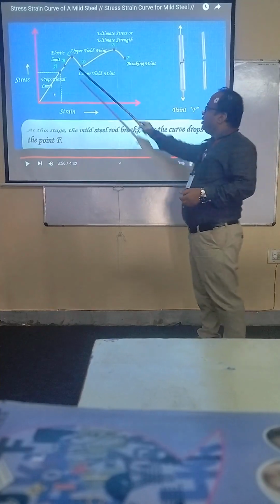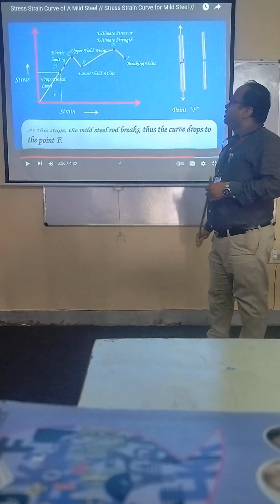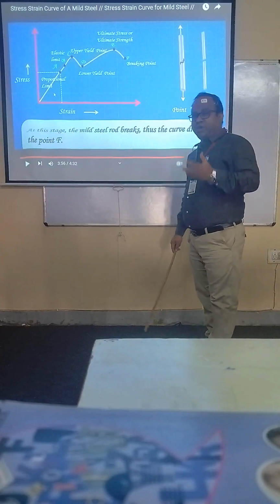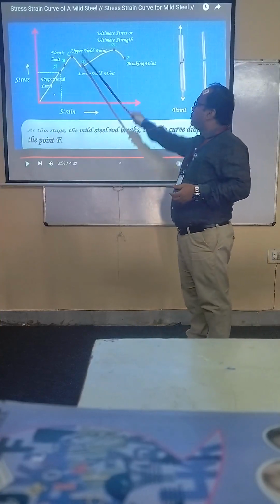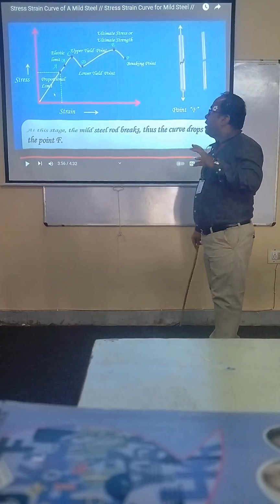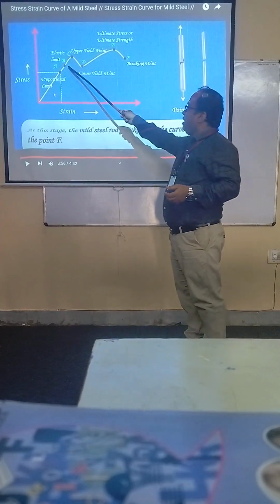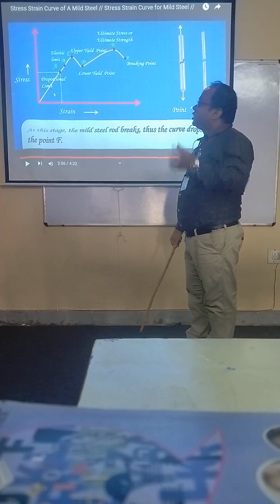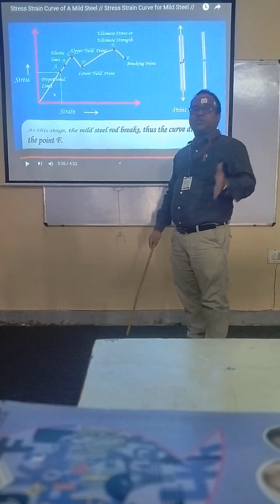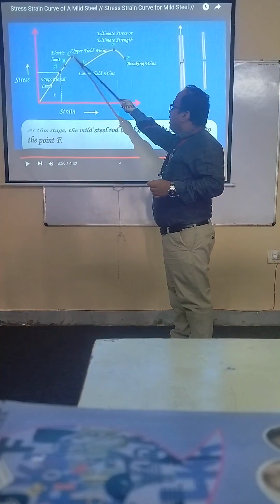Okay. Now beyond that limit, after point B, next is the upper yield point. Point C suggests the upper yield point, where yielding of the material takes place. Beyond point B, the stage of the material is called plastic. That means the deformation is permanent. Whenever the material is stressed beyond point B, the deformation is permanent. Even if you remove the load, the material does not come back to its original position. Okay, that is point C, where the yielding of the material takes place.